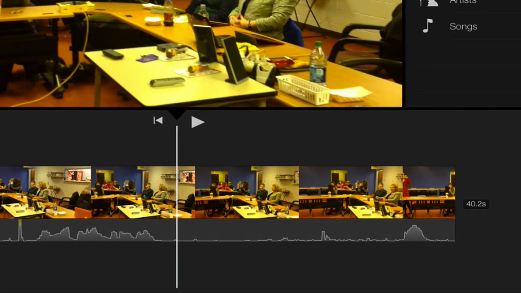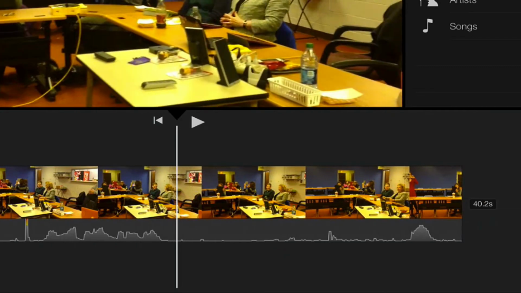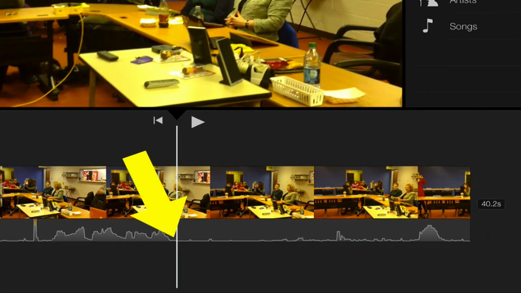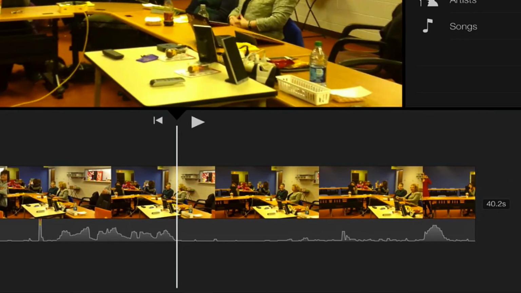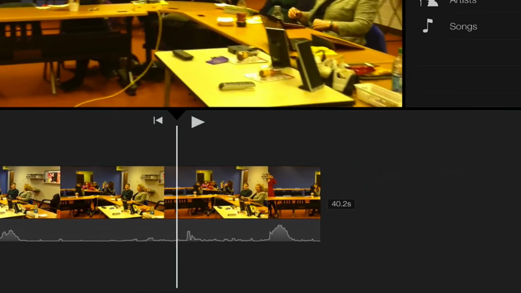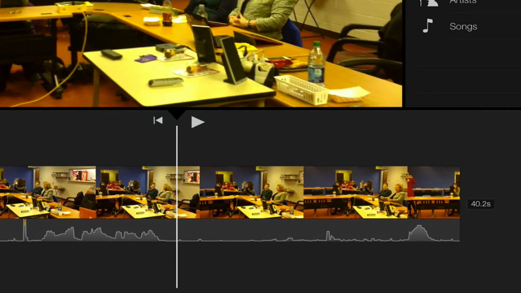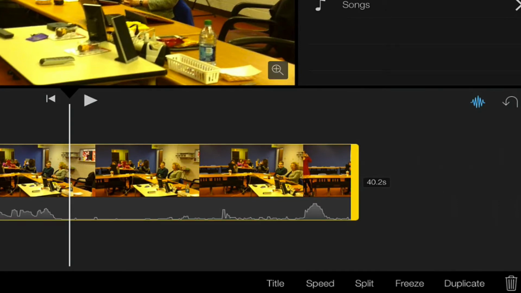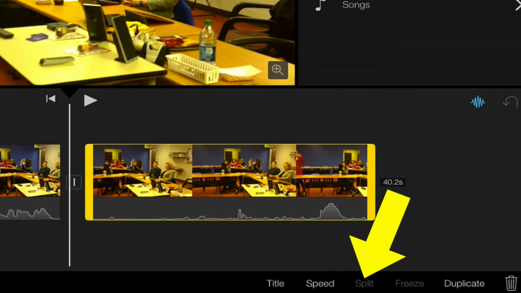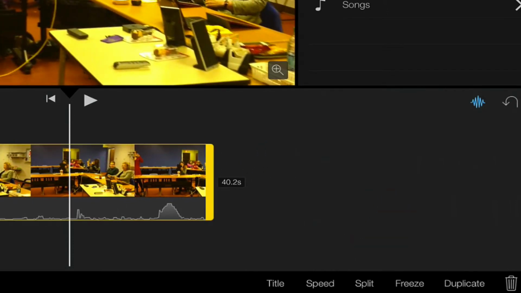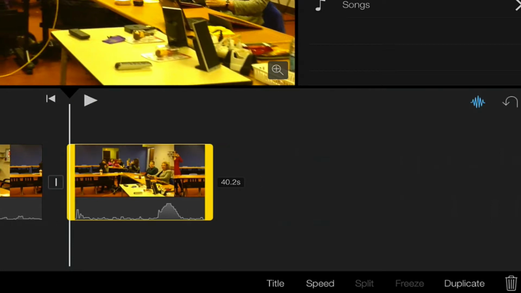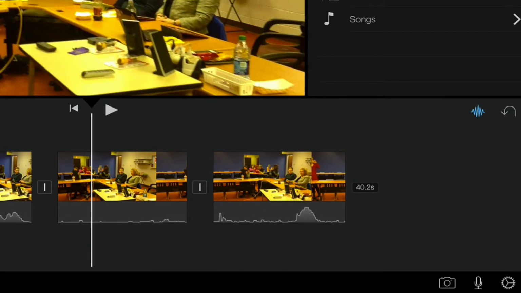But how about in the middle? Let's say we have a little pause here that we don't like. See the waveforms? That's why I like to see them up. I can see maybe there was a pause there and it was a little bit quiet. Maybe I just want to take that out. Do you remember our trick of splitting a clip? We can tap there to highlight it, and then I can tap split where the silence begins, and maybe I want to tap there again. I place my playhead there where it starts to be noisier again and not so quiet. And if I split that, now I have this clip in the middle where it's really quiet